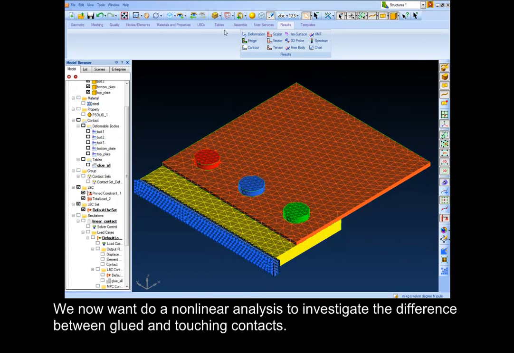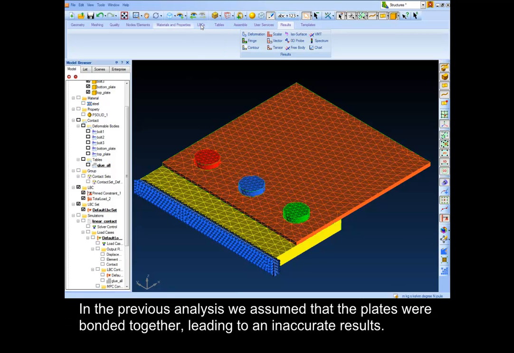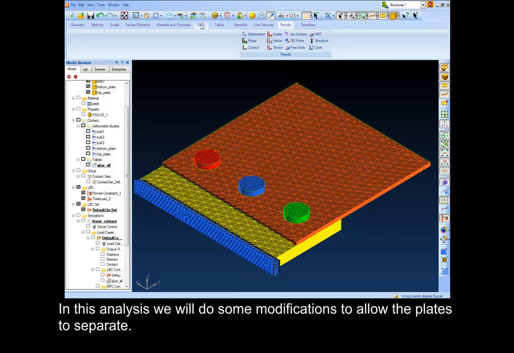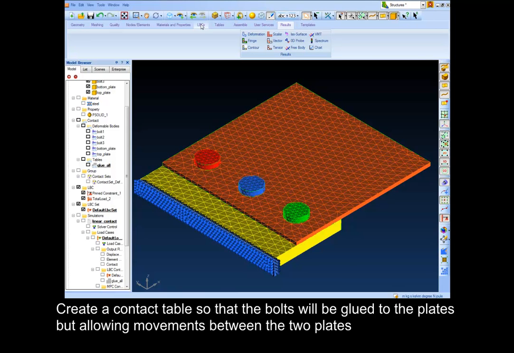We now want to do a non-linear analysis to investigate the difference between glued and touching contact. In the previous analysis, we assumed that the plates were bonded together, leading to an inaccurate result. In this analysis, we will do some modifications to allow the plates to separate. Create a contact table so that the bolt will be glued to the plate, but allowing movement between the two